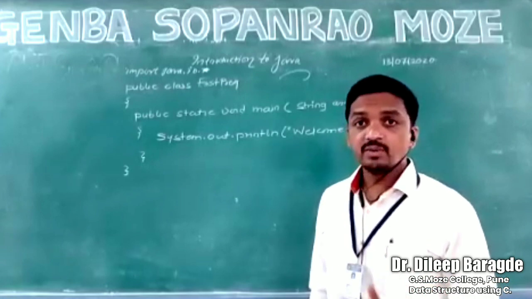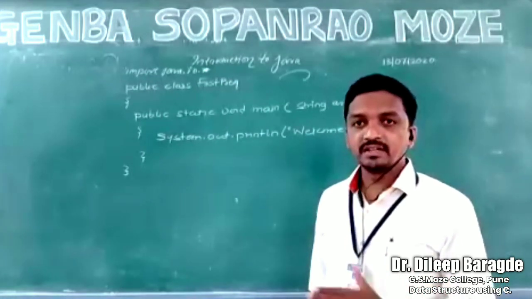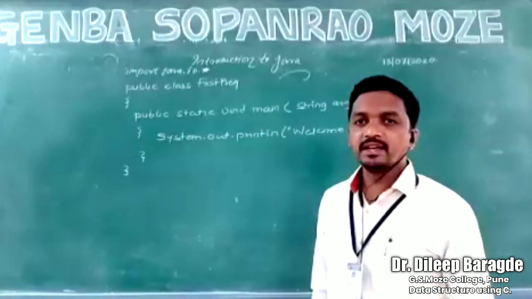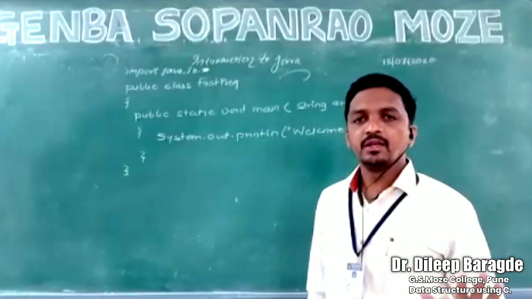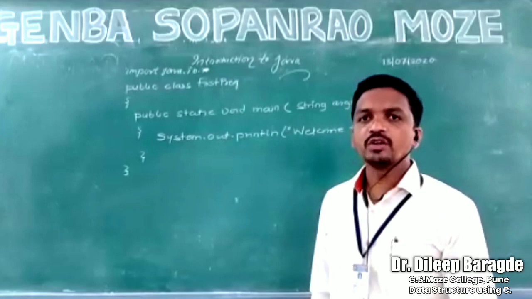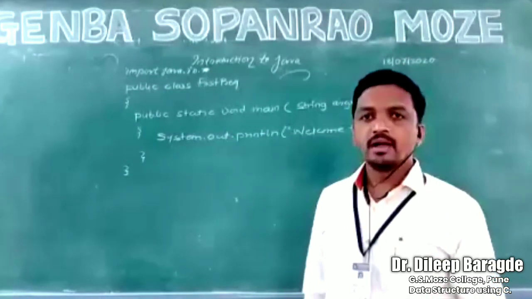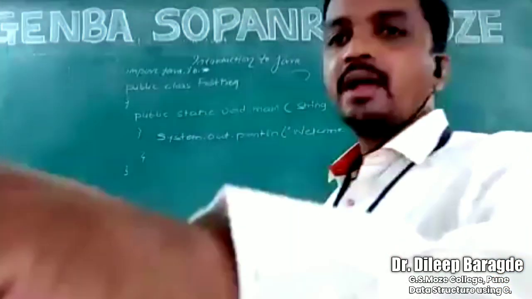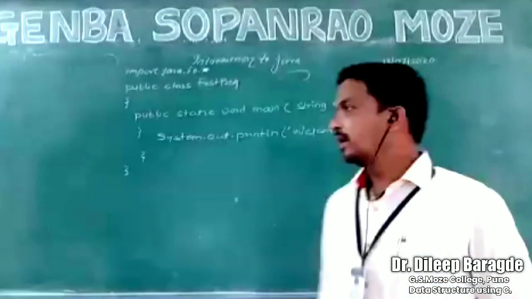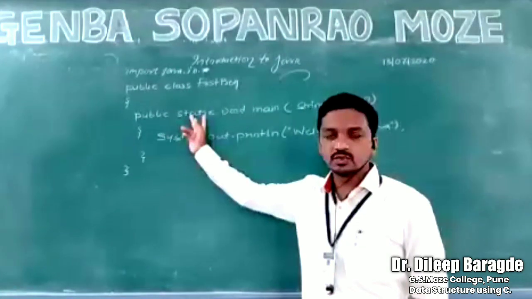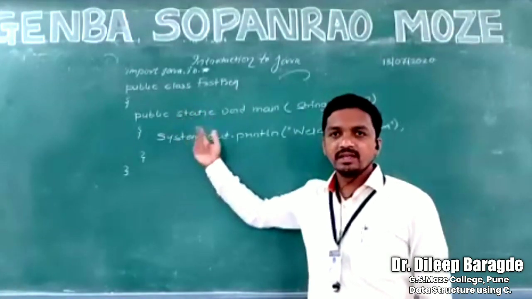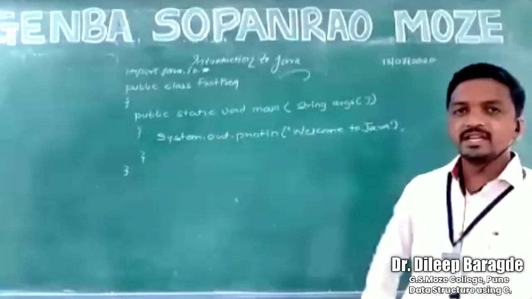About the sequence of these two words, पहिलं public लिहायचं नंतर static किंवा पहिलं static लिहिलं नंतर public लिहिलं, no issue, काही फरक पडत नाही. So you can write public static or static public, काही प्रॉब्लेम येणार नाही. So we can change the sequence of these words also, but the standard is public static. Then void. The third word is void.